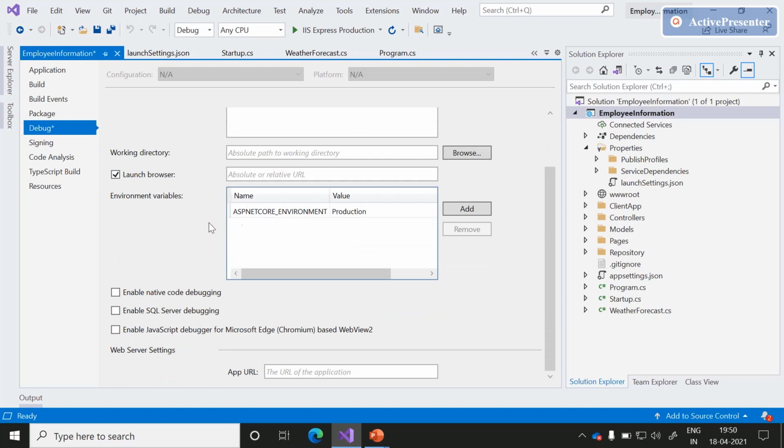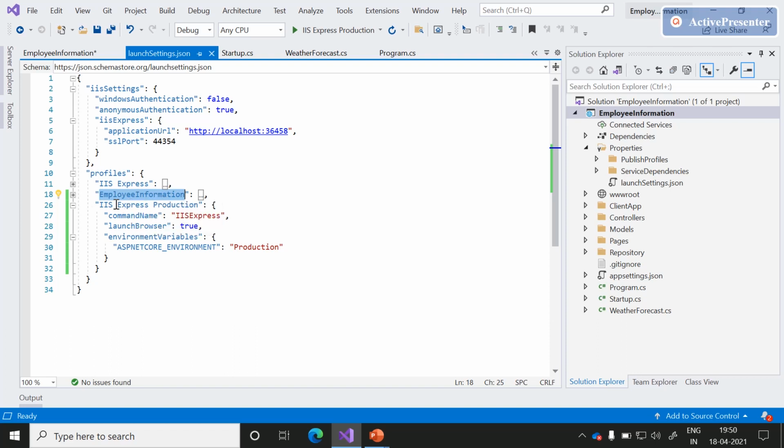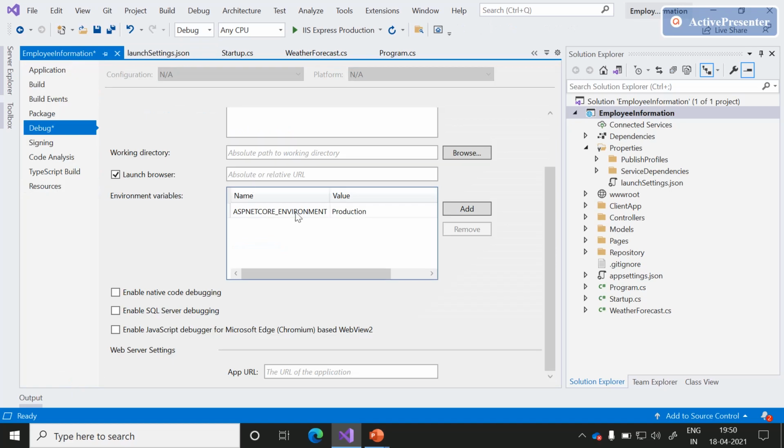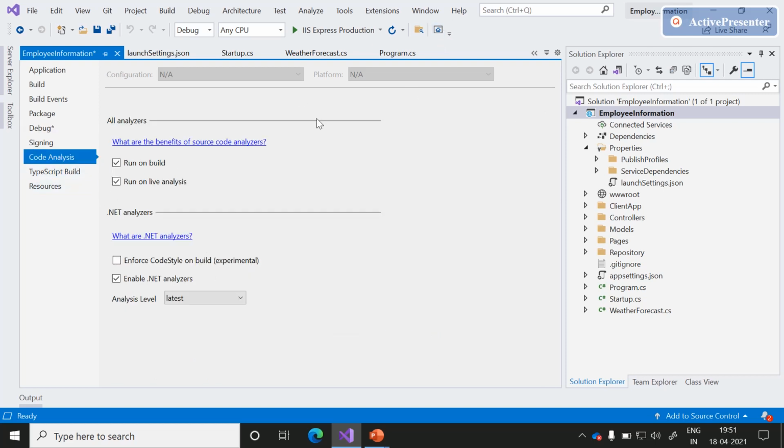If you scroll down a little, here we can override our environment variables as well. By default, there is an environment variable ASPNETCORE_ENVIRONMENT. It points to the production environment. Why? Because in the launchSettings profile section, by default our application points to the IIS Express production environment, and we overrode ASPNETCORE_ENVIRONMENT to production. That's the reason the default environment was overridden with the production variable. If I scroll a little down, yes, these are a few ways we can configure our application environments.